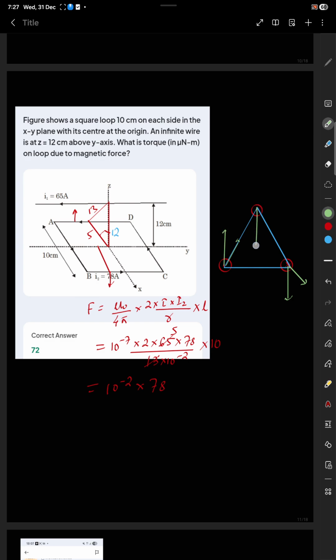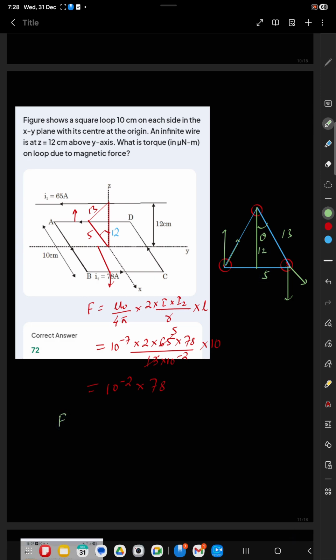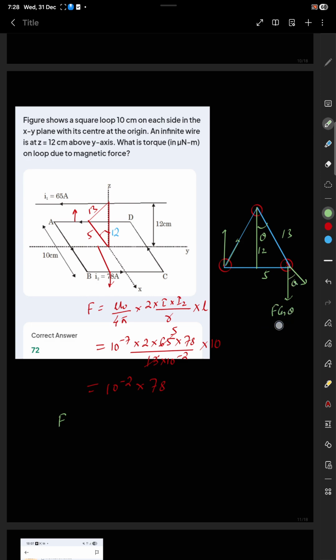So let's say this is theta, this is 13, this is 12, this is 5. Now you need to apply the force into perpendicular formula, but the force you need to apply is this one, theta, and this one is also theta. F cos theta component will be responsible for the torque. So F cos theta into perpendicular distance, this perpendicular distance, and there are two forces, so 5 into